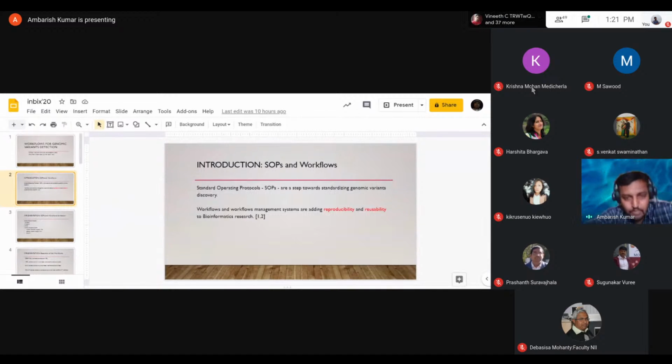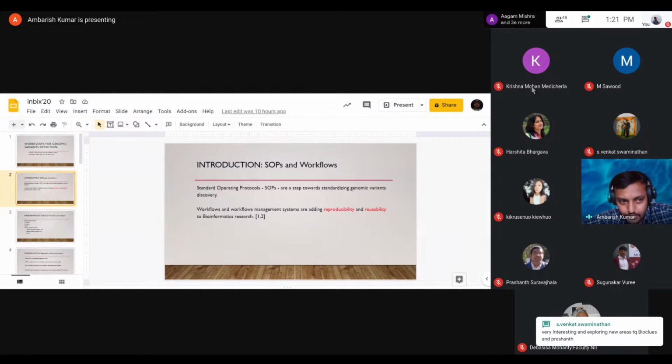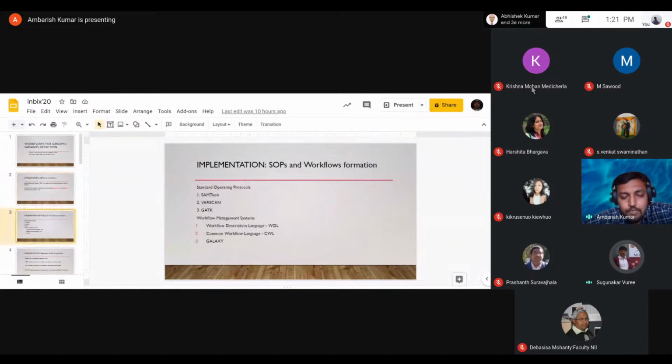This is my first PPT. SOPs and workflows. Standard operating protocols are a step towards standardizing genomic variants discovery. Workflows and workflow management systems are adding reproducibility and reusability to the bioinformatics research. We have formed three standard